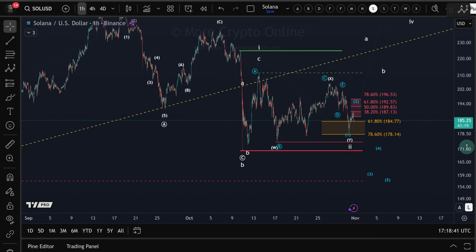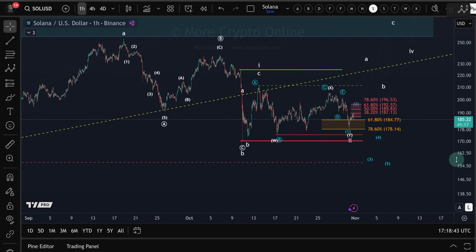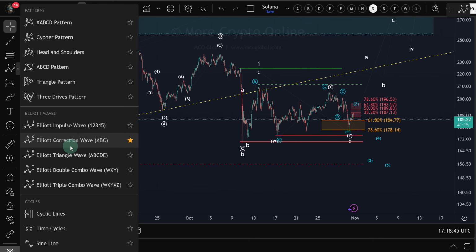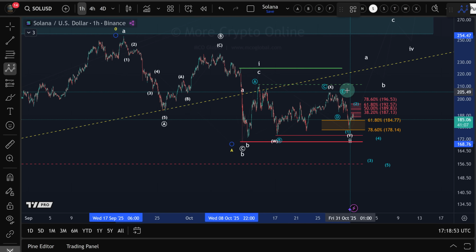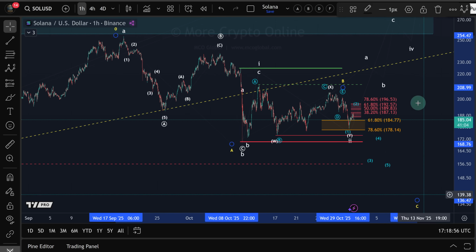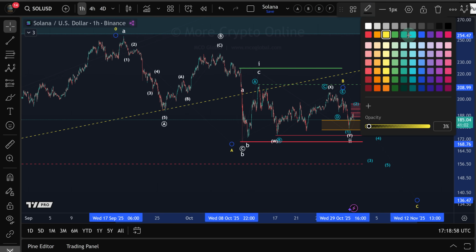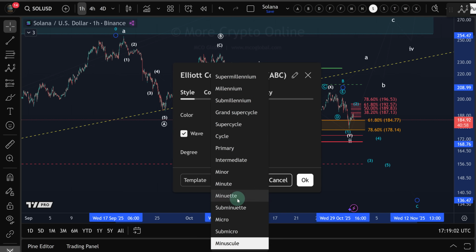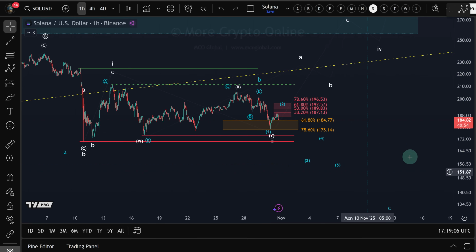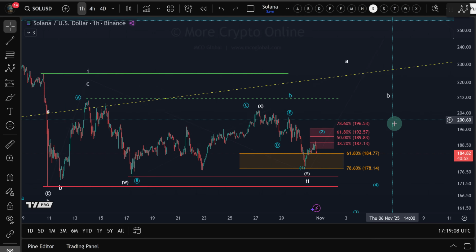Now, just to give you an example, how could we sell off further? One scenario is, for example, that we say this initial ABC down was simply an A wave of a larger correction, and this here is a B wave triangle, and we sell off further. I'm not going to label the whole thing because we don't really have any clear direction, but it gives us, and that's the main purpose, we have to stay pragmatic here, it gives us key levels